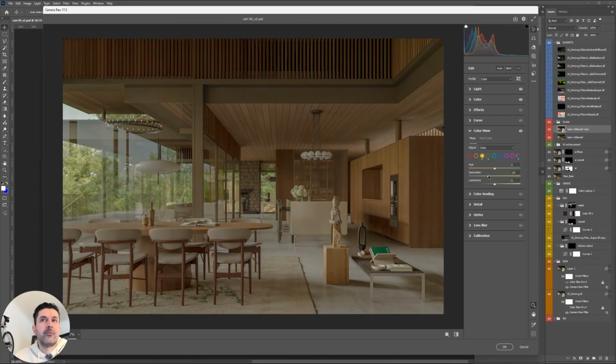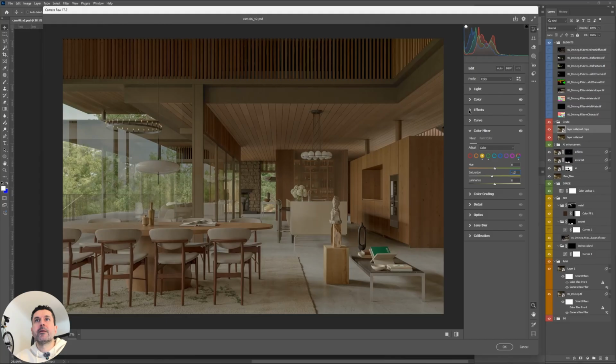But what we're gonna do, I'm gonna make it a bit less, and then for the orange tone also, I'm gonna make it less orange. Overall, this is gonna look a bit too cold, in my opinion. Minus 10, and yeah,